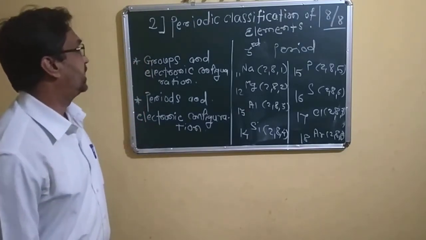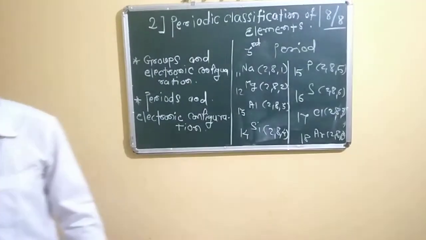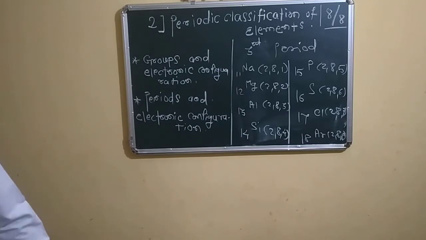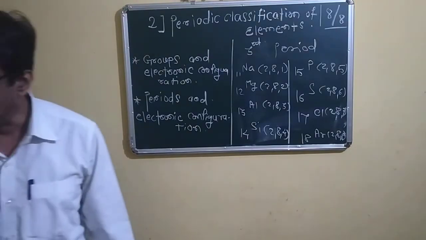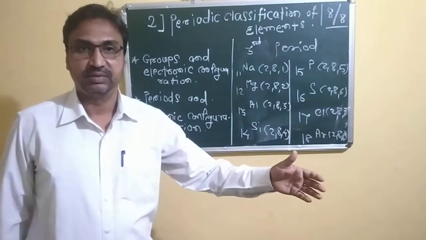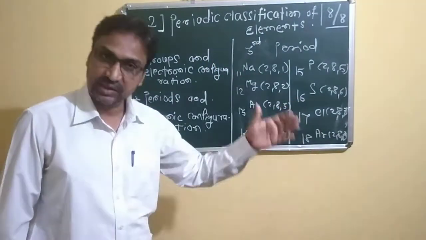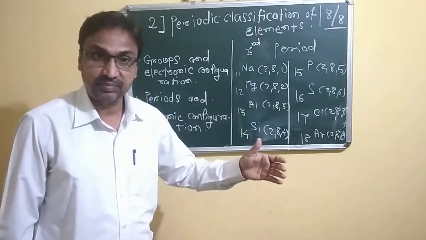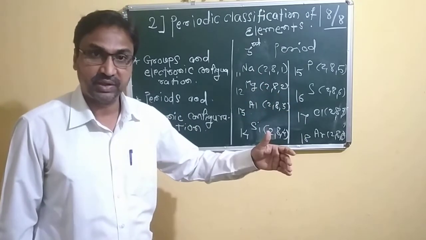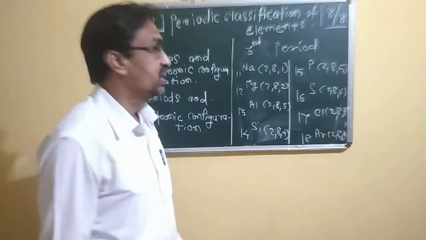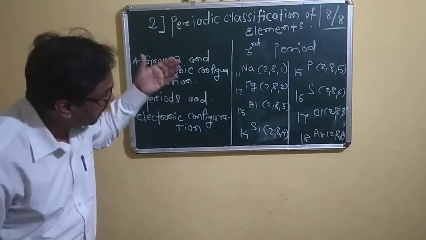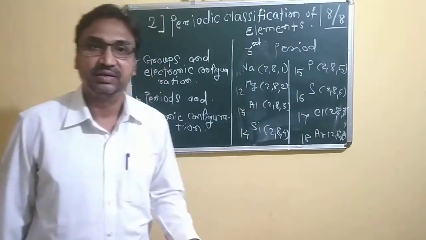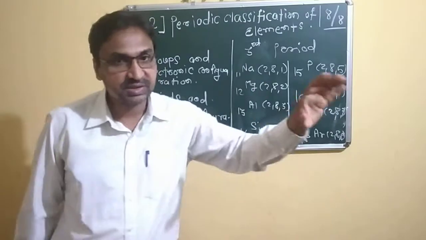So we have seen the groups and electronic configuration, the period and its electronic configuration. Okay. In the modern periodic table, the first shell is the K shell, the second shell is the L shell, the third shell is the M shell. In this way, K, L, M, that is first period, second period, and third period, and this proceeds. Okay. So in this way the shells are filled, and new shells are required for every period.